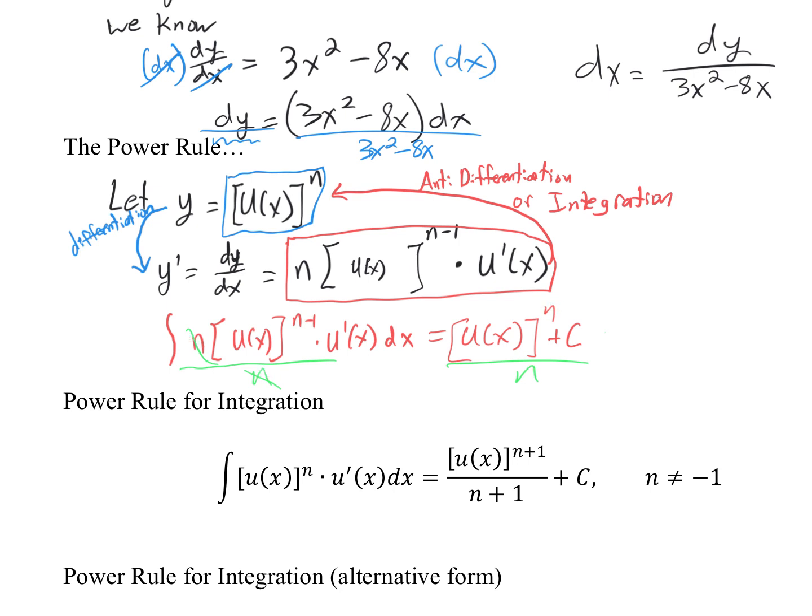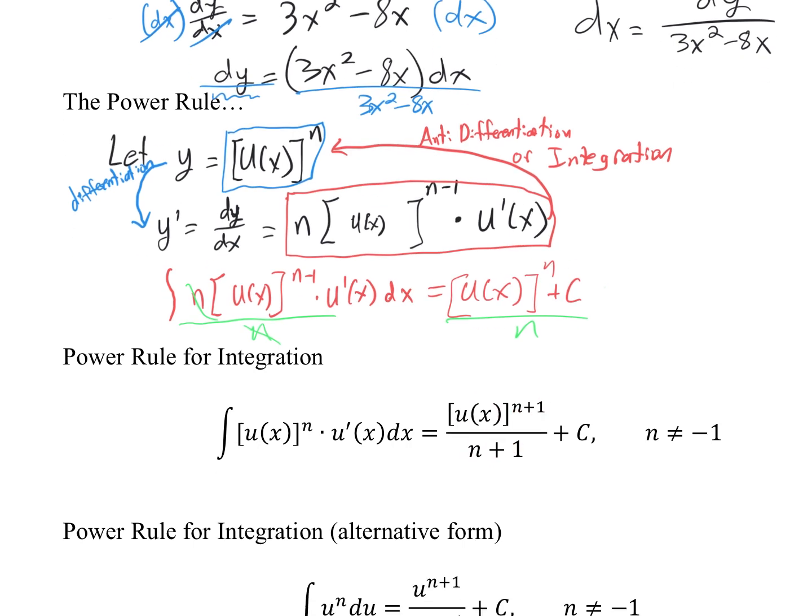So it becomes the indefinite integral, or the antiderivative of u raised up to the n times u's derivative with respect to x would be equal to the u function raised up to the n plus 1 all over n